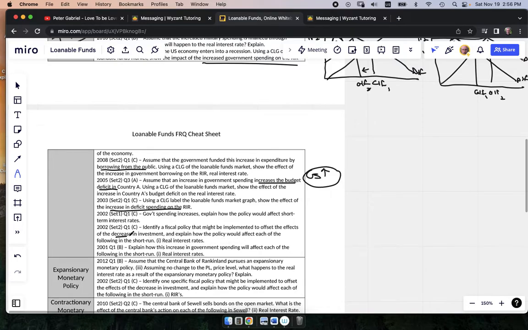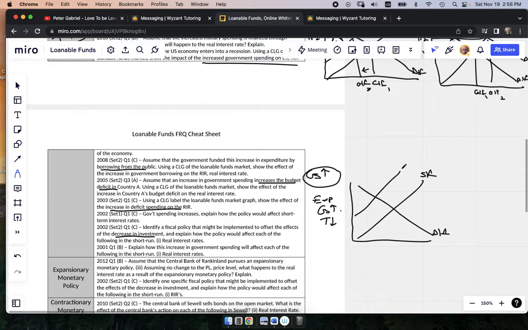This is just a complicated sentence to know that if investment's going down, we're probably falling into a recession, and the government can spend more or tax less, that's going to give us that expansionary fiscal policy. And we know that as soon as the government is spending, that supply of loanable funds has to be decreasing. They're taking money out of the banks, and that's going to drive up the interest rate.